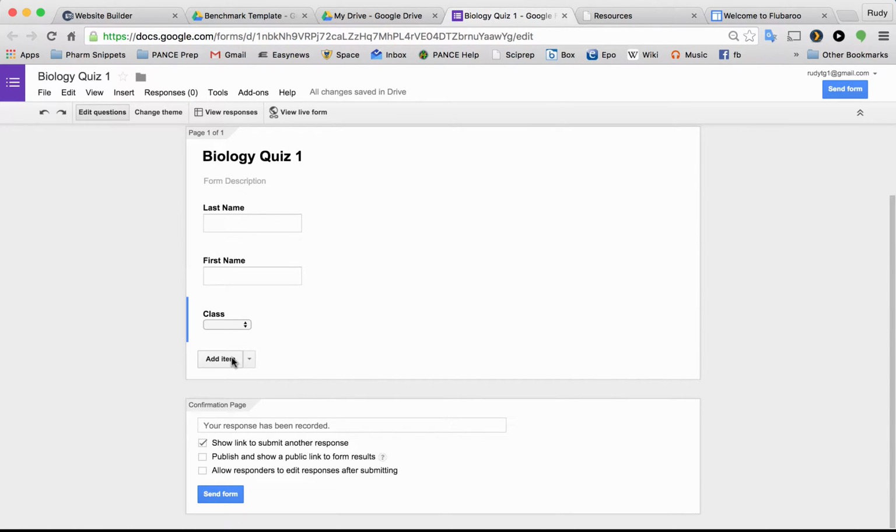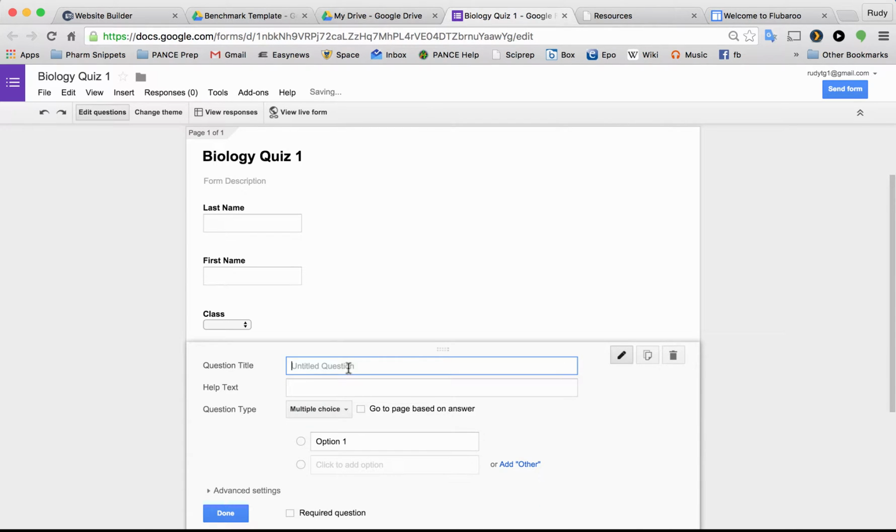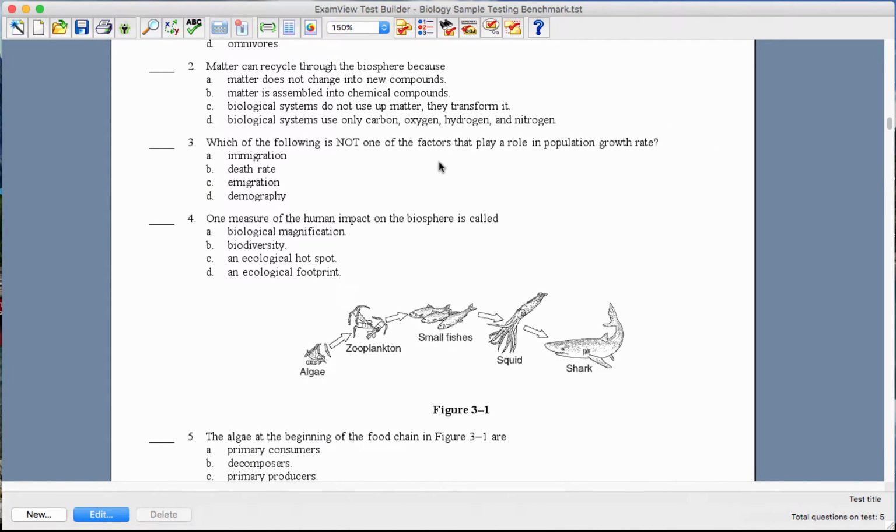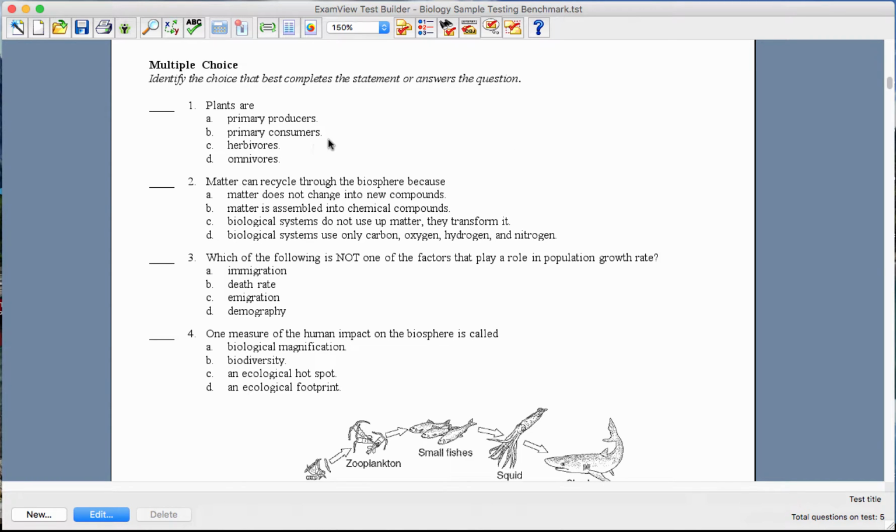In order to add more questions, you can hit this button right here, add item. So now let's say you want to create a document that's completely online and that you don't want to print any more paper. You want to save paper on this. What I have used is an ExamView Generator. This is from the textbook itself. The company is Pearson, and they have provided a question bank. So for example, I have here, Plants are, here's the multiple choice,